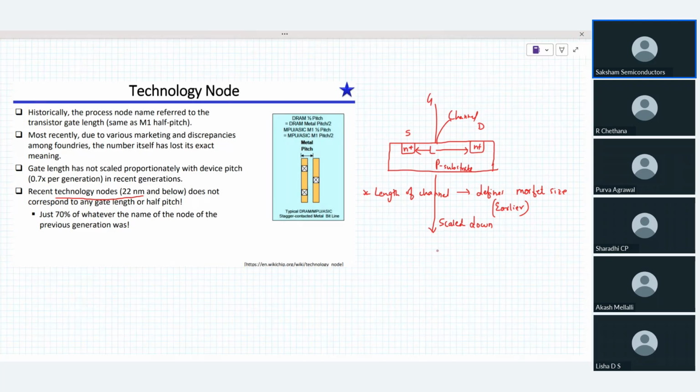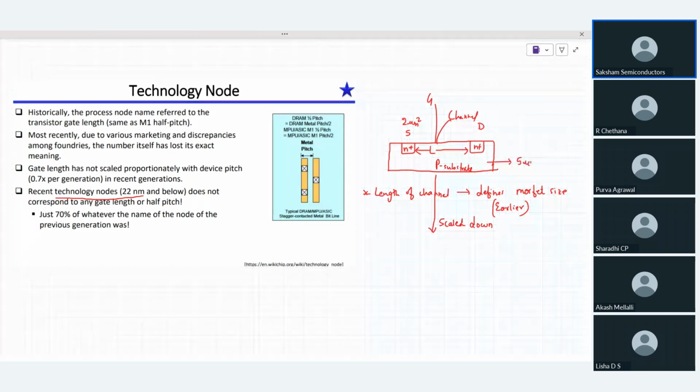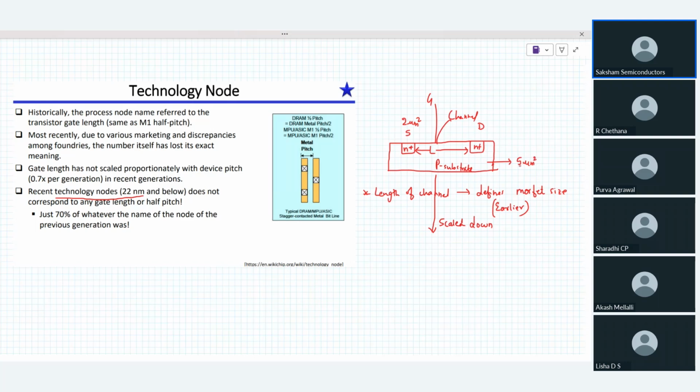Scaling down or scaling up means you are effectively reducing the sizes of every component in the same ratios as previously. Let's say the source is having an area of 2 micrometer square, and the substrate is consuming 5 micrometer square of area, and let's say that length is